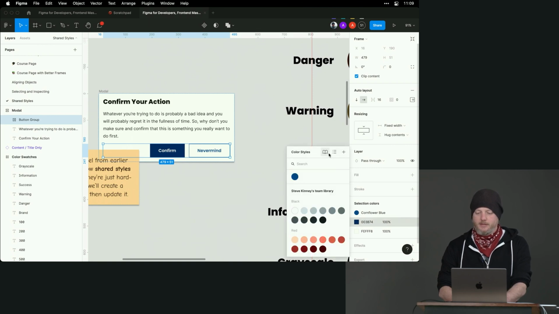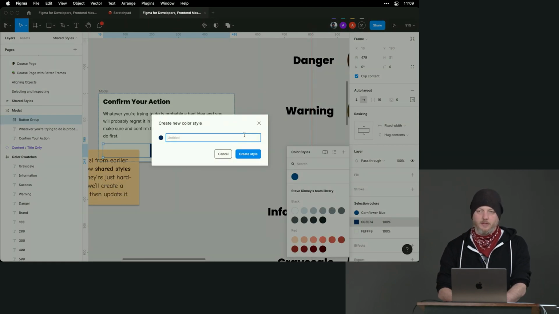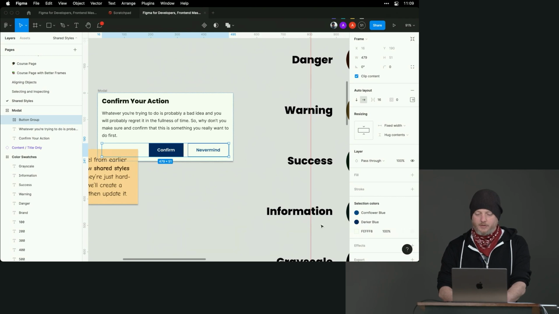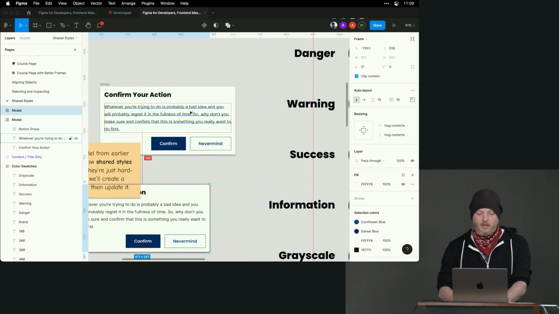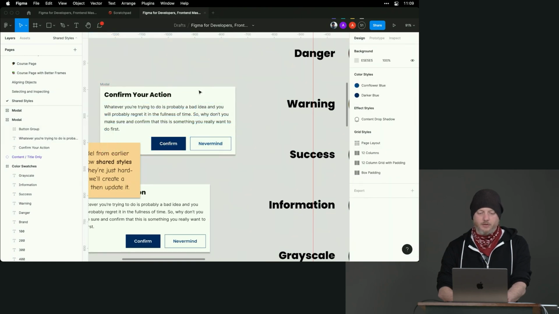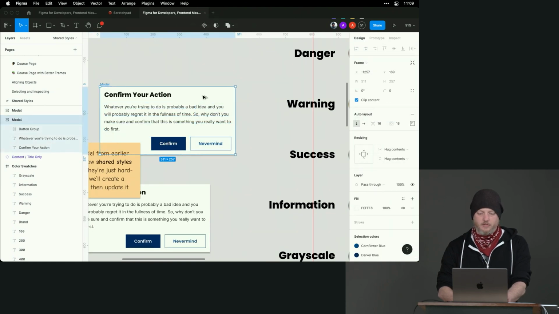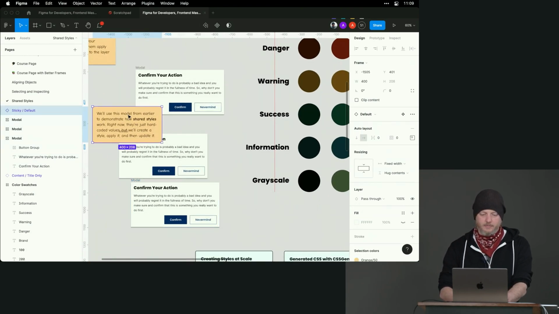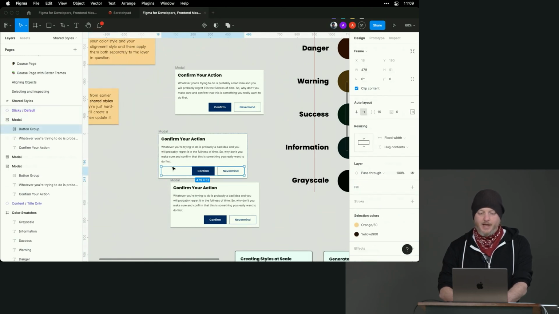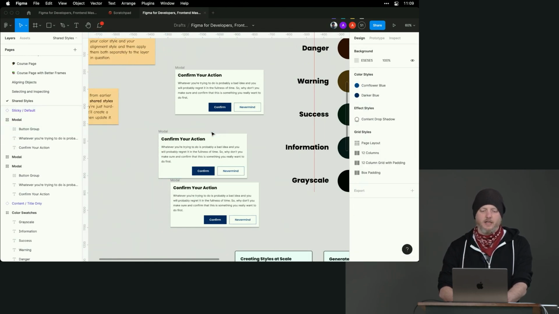And since I'm going to delete these, what's the other quip? The hardest things in computer science are naming things, cache invalidation, and off by one errors, the two hardest things. Darker blue. All right, so I've got those two, and we got that white, but we're not going to deal with it. So I can grab this, and now they all reference these two styles that I just made. Whoa. Let me make another one here. We'll zoom out just slightly. Move that sticky over. And now, let's say I was using these colors all throughout my design,